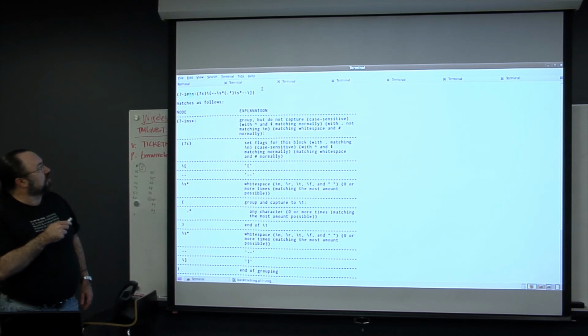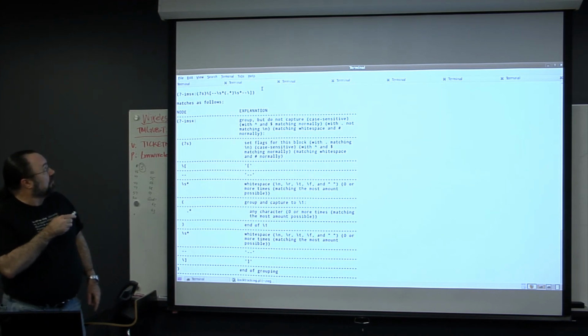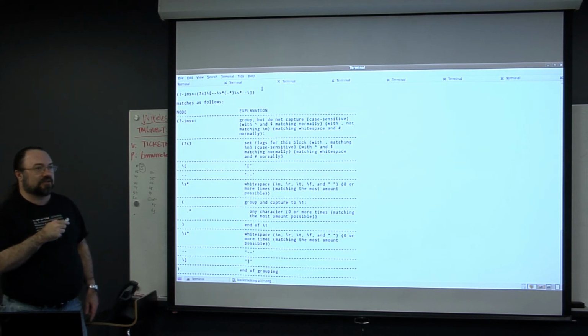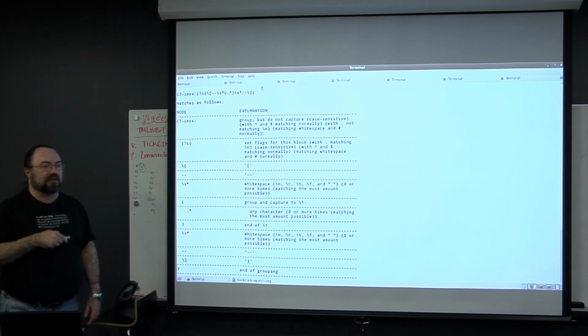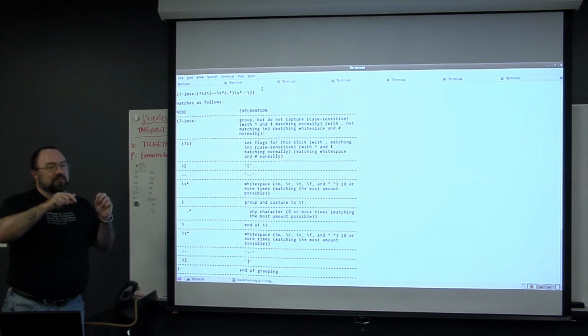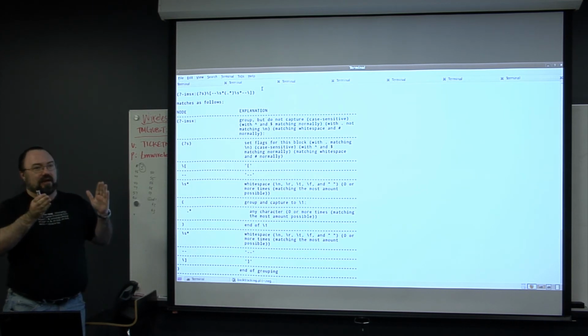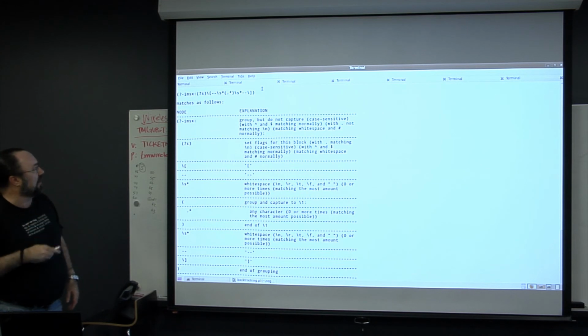This is an alternative way of specifying the flags at the end, like the I for case insensitive or the G for global. You can also put them in parentheses, question mark, and then put the flags here. That's just an alternative way of doing it, and that just happens to be the way that this does it. Because when it's in a string, it's got to be inside the regular expression, and flags are outside the regular expression, right? Because they're after the closing slash. So that's why this uses this way of doing it.